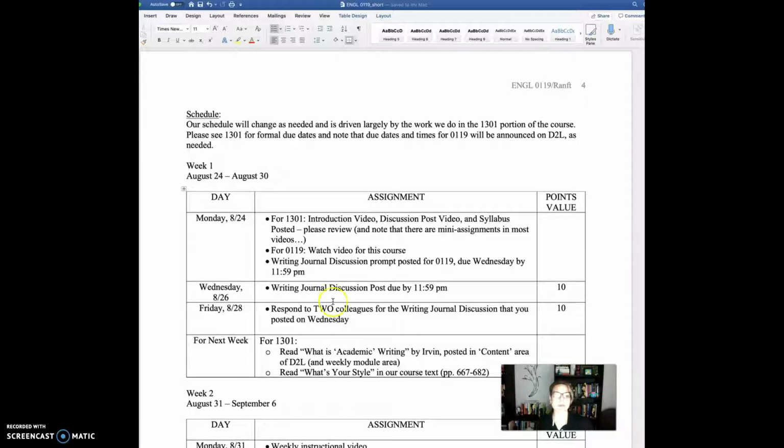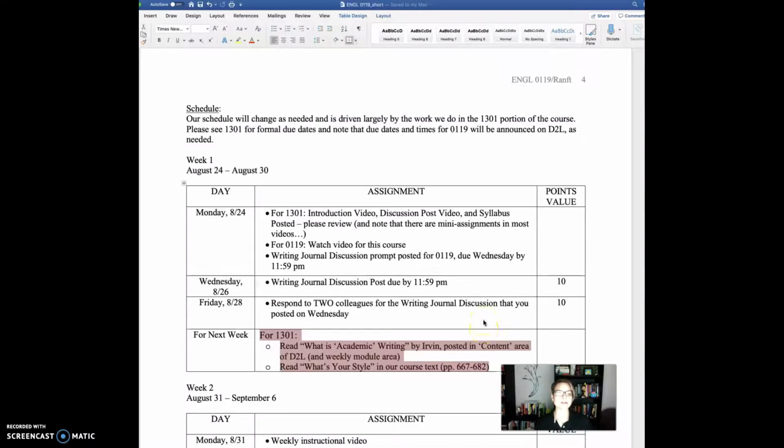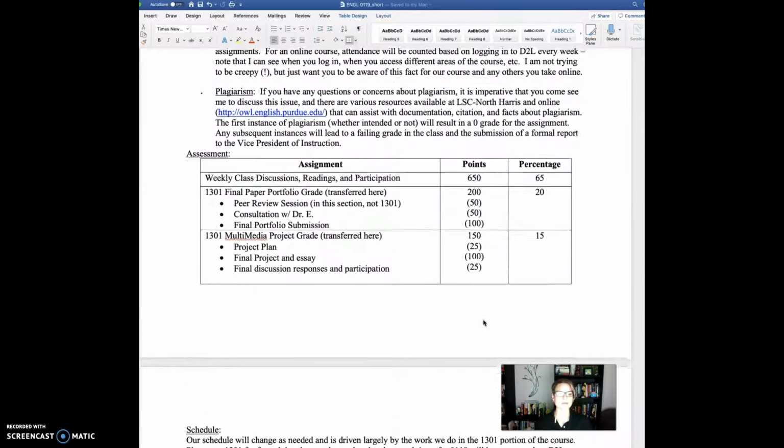you're dealing with. By Friday, you need to respond to 2 people in this writing journal discussion post, so the same is true for 1301, but you'll notice on Friday you don't have an additional discussion post, okay? So things fluctuate in this class a little bit, but again, it's not meant to overwhelm you. And then for next week, I've just offered another reminder just so that you have it in a couple of places, that for next week you'll want to do these readings that are in the content area and then in your course text. Okay, so that's just a brief look at what we're doing in terms of our syllabus and